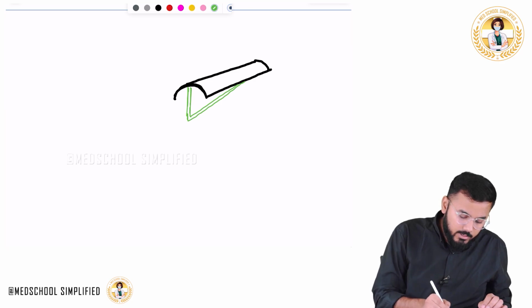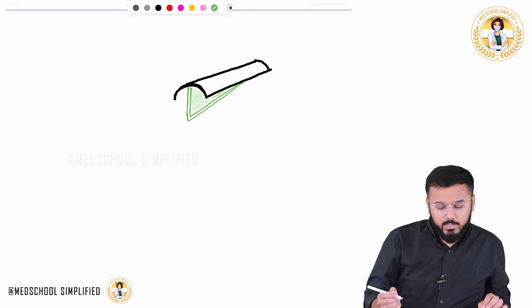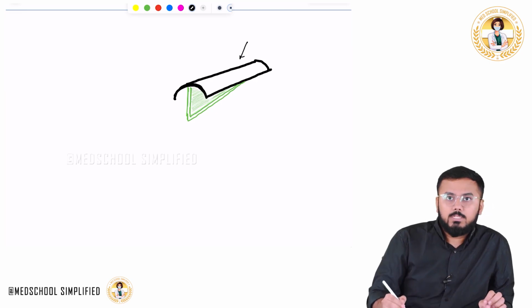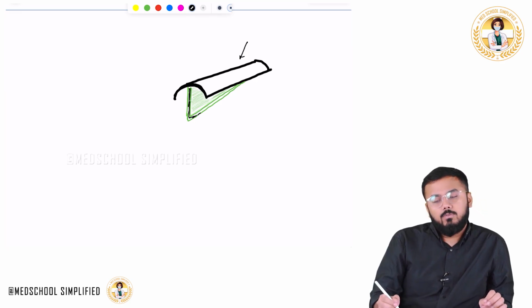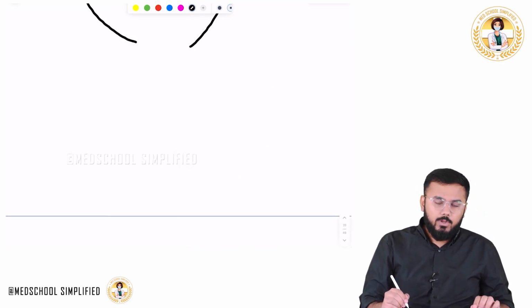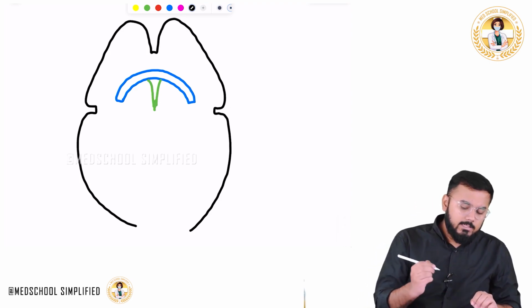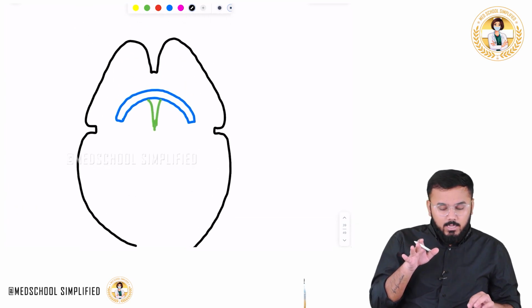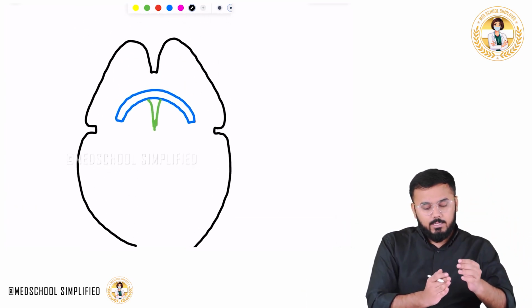So if you carefully see here, this is how it looks. So what is this actually? This particular picture which I have drawn right now is your corpus callosum, and exactly in the center of the corpus callosum, what I have drawn is the septum pellucidum. You see this is the corpus callosum and this is the septum pellucidum. This is from a bit of an oblique angle. If you are looking directly from the front, this is how it looks: corpus callosum, and in the center